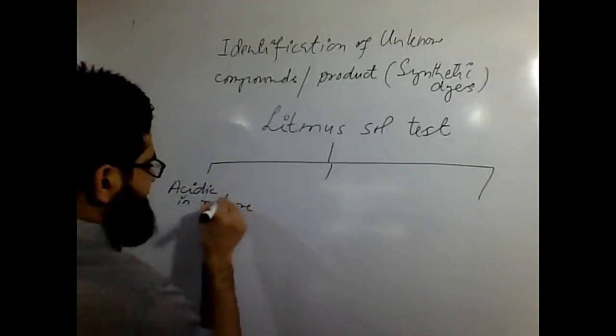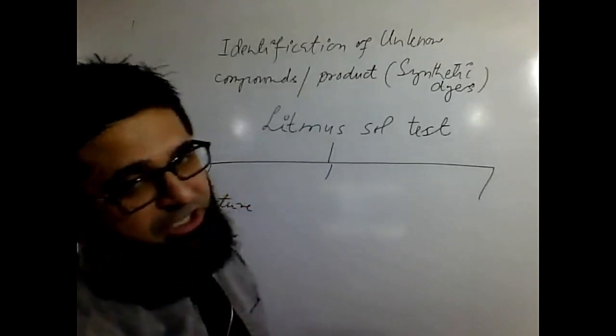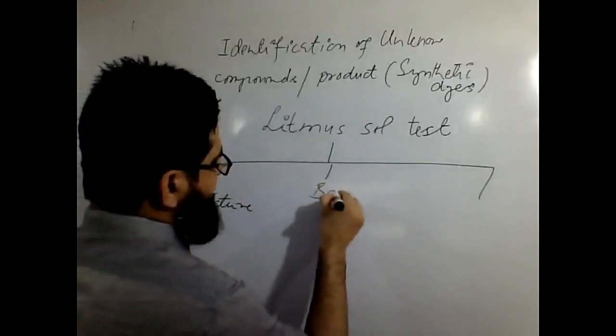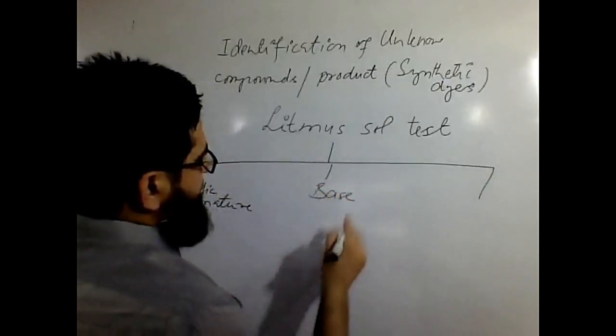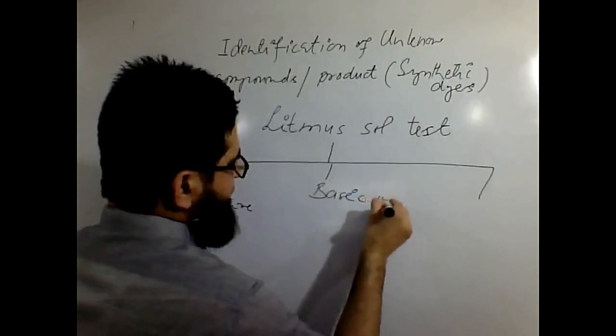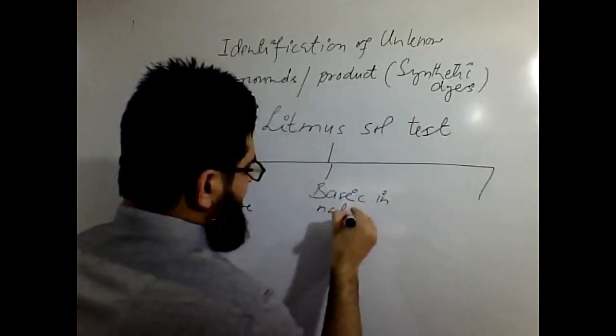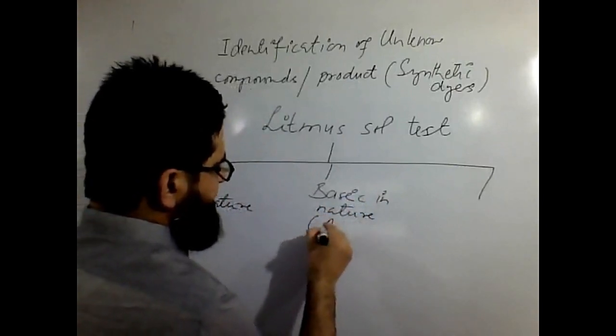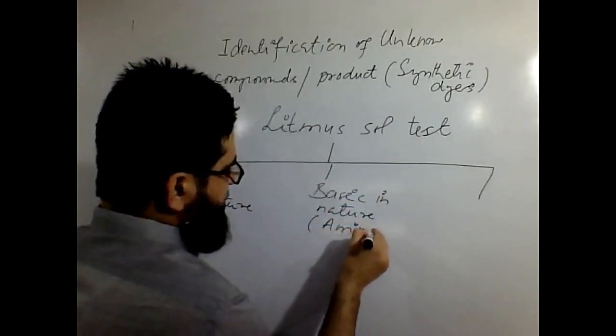This is what we discussed. Or the given compound is some sort of a base. I could write basic in nature, and that very class is supposed to be amines as far as your course